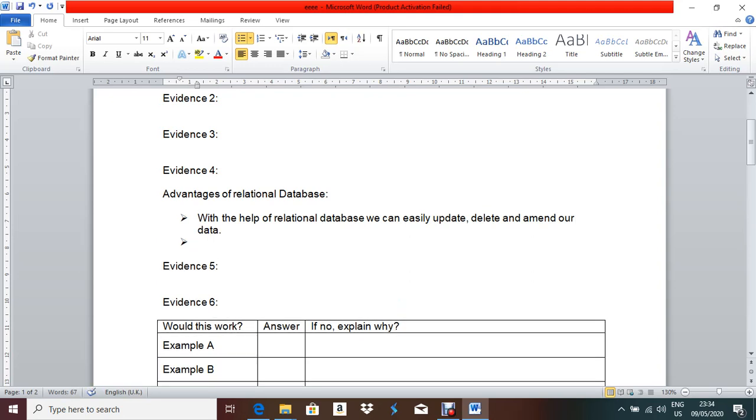So this is the first advantage. What is that? With the help of relational database, we can easily update, delete, and amend our data. So amend means if you need to edit some data, you can edit that one, right? Update means if you want to add some data, and delete means if you need to delete some data, at that time you can delete that one.